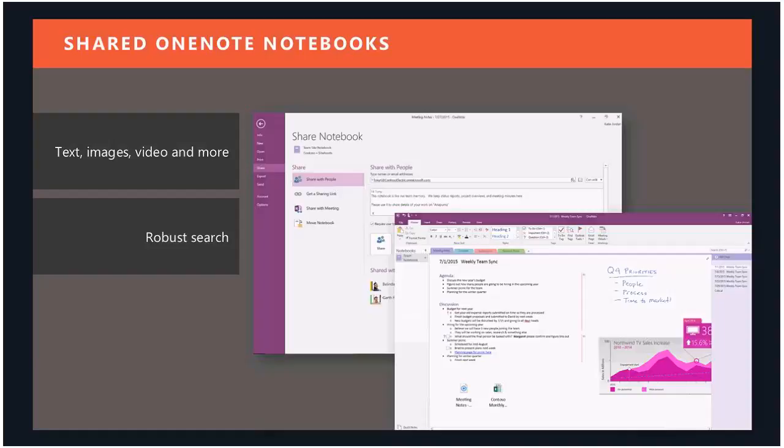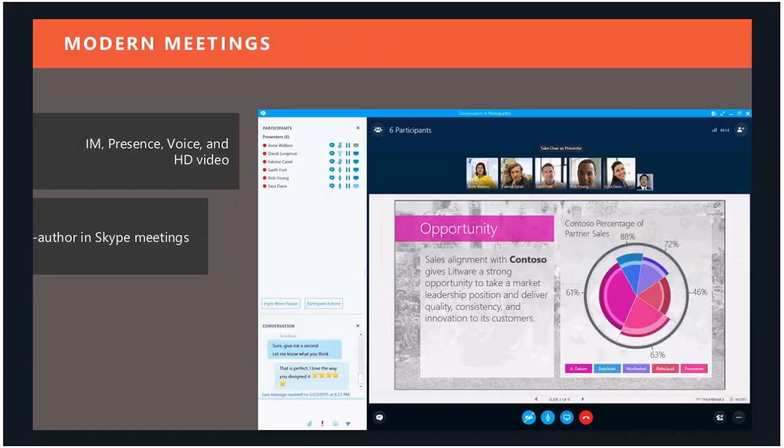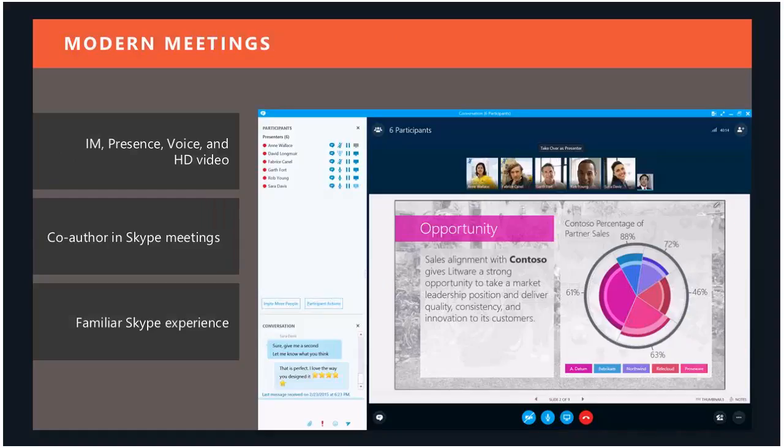Part of that sharing that becomes key goes into things like our modern meetings, like what we're doing here today using Skype for Business, where we're now baking into that IM presence, voice, video, co-authoring various documents within a Skype meeting, right? I can share, one of the content types in a Skype for Business meeting is a shared OneNote notebook. So I could open up a OneNote notebook that is for this particular meeting. When you do that, it also takes